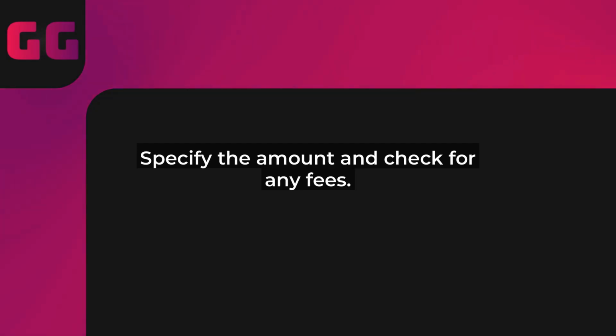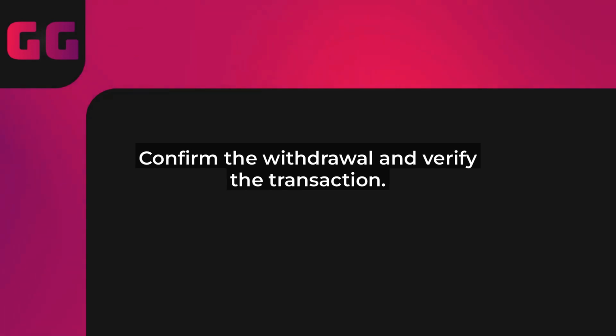After confirming the withdrawal, you'll get a verification code or email. Complete that step to finalize the process. Now, switch to your Coinbase app and refresh your wallet. Depending on network congestion, your USDT should show up in a few minutes to an hour. And that's it, you've successfully withdrawn your USDT.